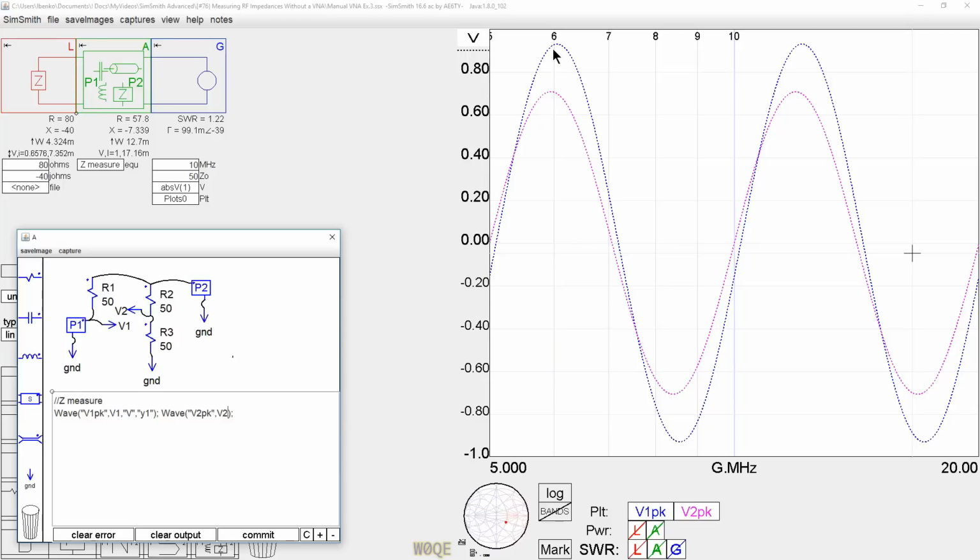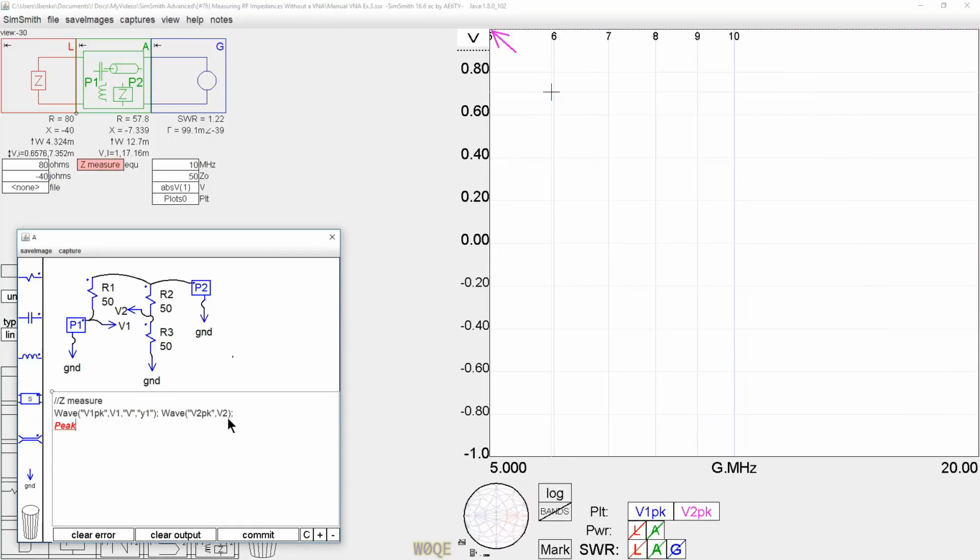Now we see voltage 1 and voltage 2. Voltage 2 is 50% of what the generator produced. The generator produced a volt RMS, which is 1.4 volts peak, and we see V2 being 0.707 volts peak. Everything looks good. Now let's continue on. And by the way, if we want to make these measurements a little bit more accurately than me dragging this around here and trying to find the peak,